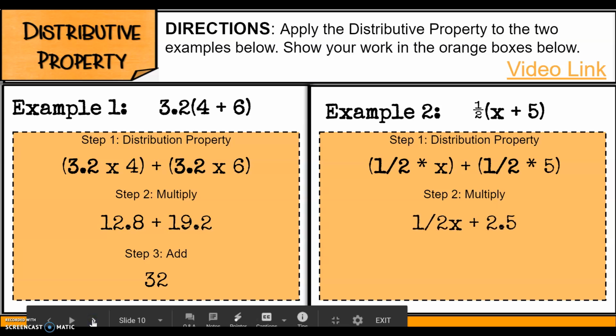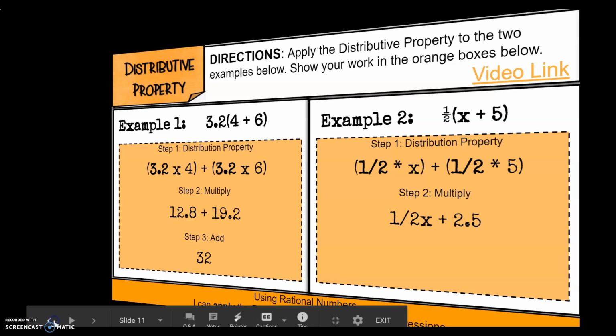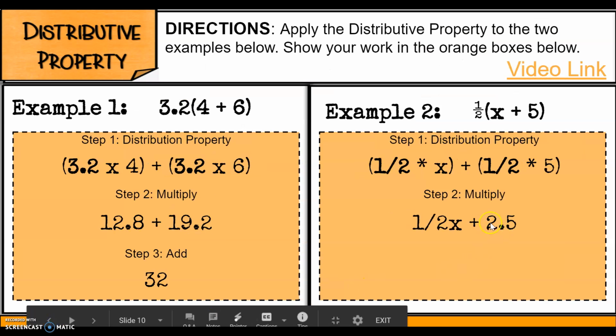1/2 times x equals 1/2 x. 1/2 times 5 equals 2.5. Whoops, sorry, let's go back. This is the last step in simplifying this expression,